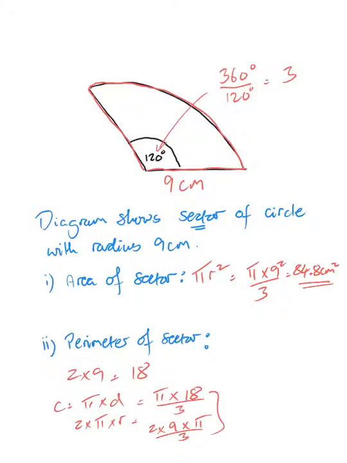And either of those gives us an answer of 18.8. So therefore our full perimeter is the sum of those two answers, giving us 36.8 centimetres. Okay, clearly there will be all sorts of different types of questions in relation to circles, but I think